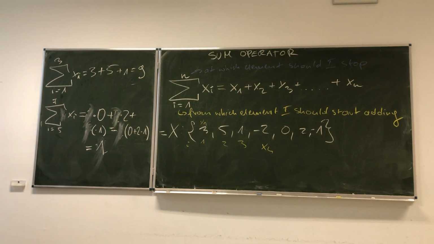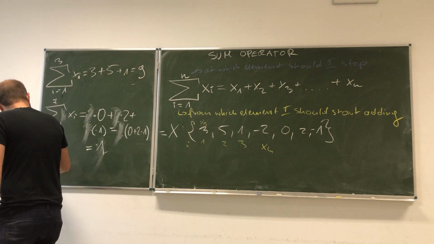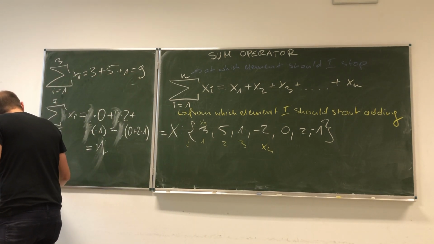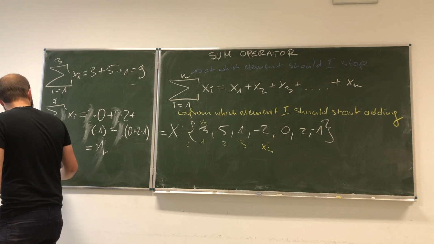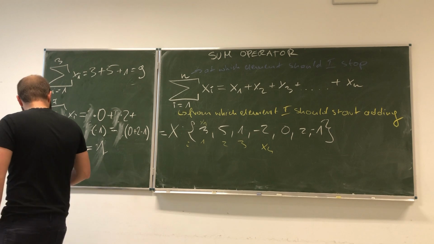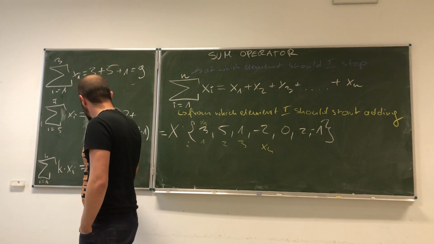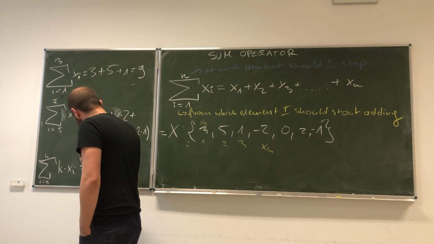And this is actually associated with a more general rule that the sum for i equals 1 to n of k times xi, where k is some constant, is the same as k times the sum